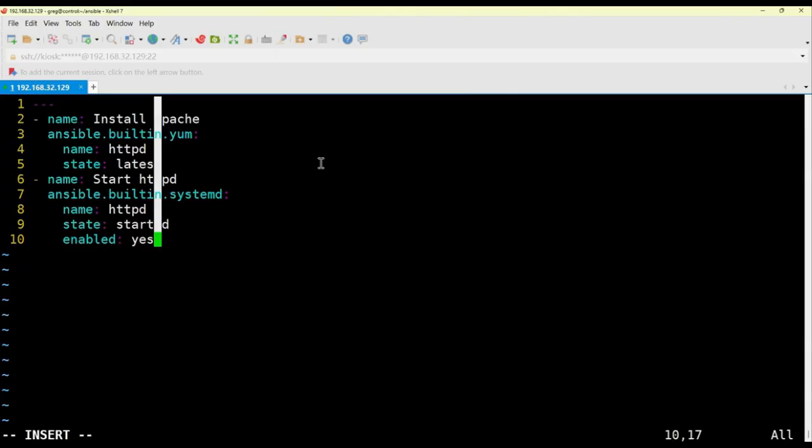Now, let's take a look at the next part. The next step. Since we've already started the service here, what's left? It's about how we can access the service. So, how do we access it? Because we have a problem here. That is, the firewall is turned on. The title says that the firewall is turned on,